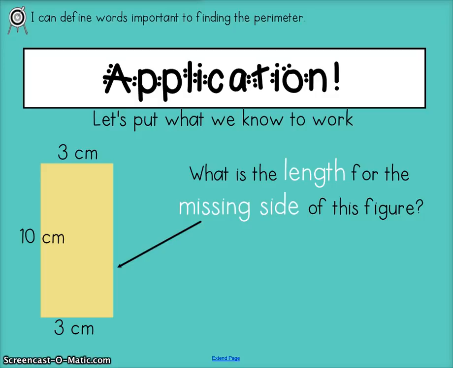Let's put more to work. What is the length for the missing side of this figure? Okay, so again, I'm looking at that figure on the left. It looks like a rectangle. I want to find the length for the missing side. Well, I know that a rectangle is a parallelogram. That means it has 2 sets of parallel lines. When I look here, these side lengths are the same. That means that these side lengths are the same. So that must mean that this side length is also 10